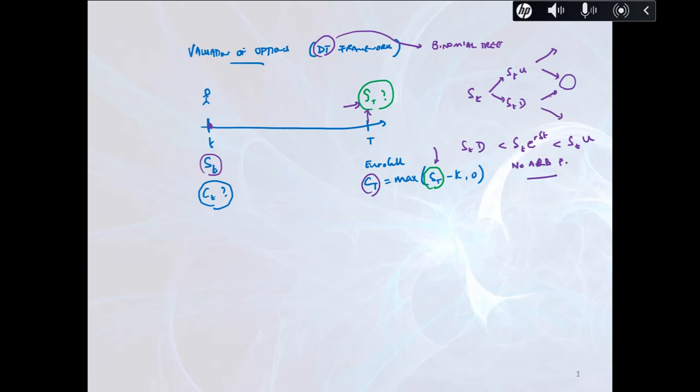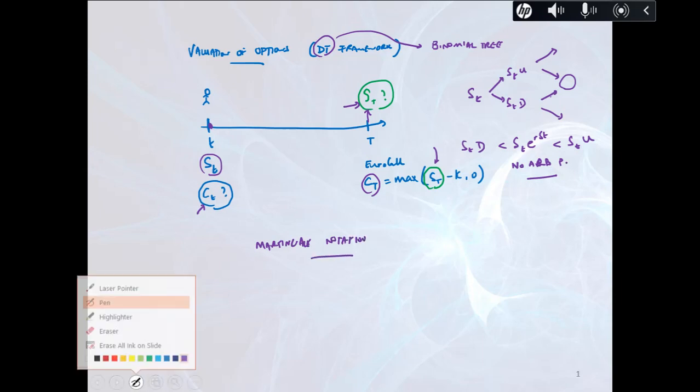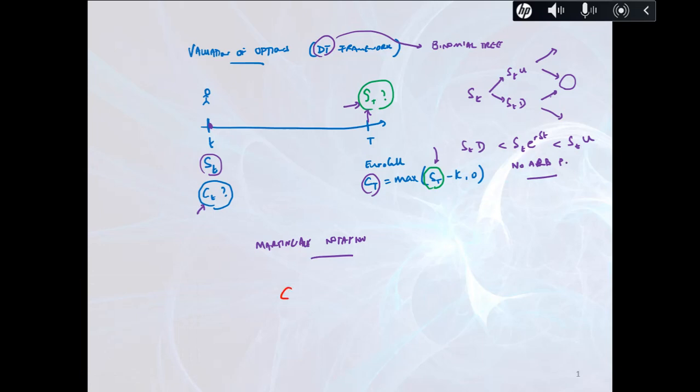And then how to obtain that small c_t here? We use an expression related to the Martingale notation. So this is very important. It is like this: c_t is equal to the discounted value of the expectation of C_T